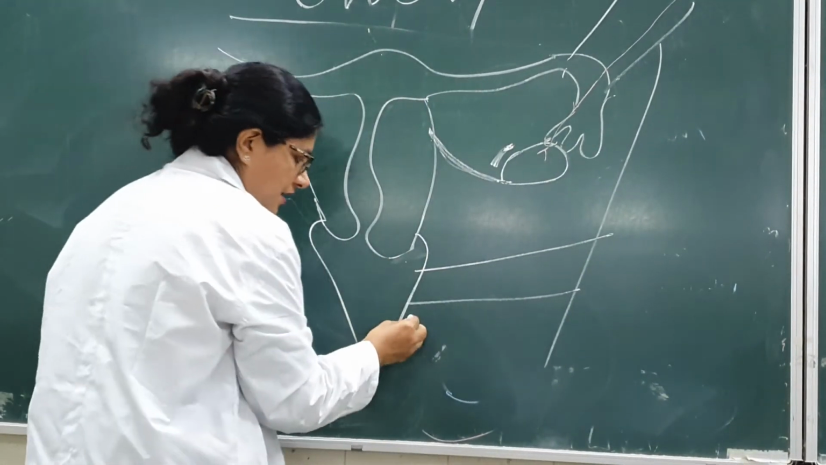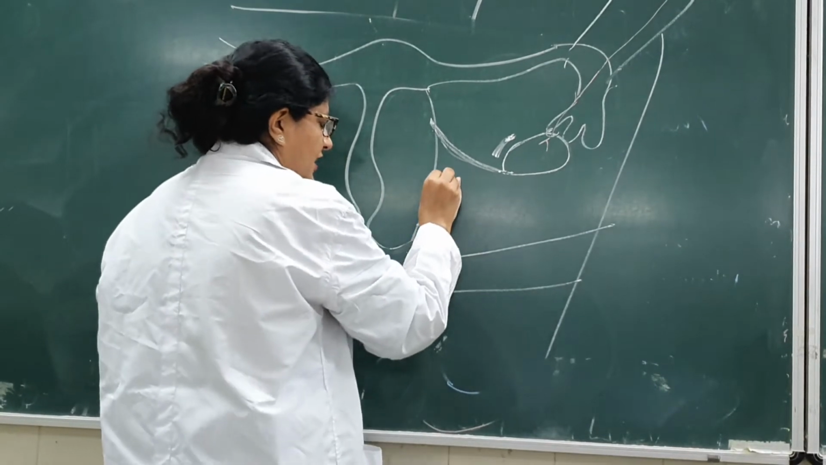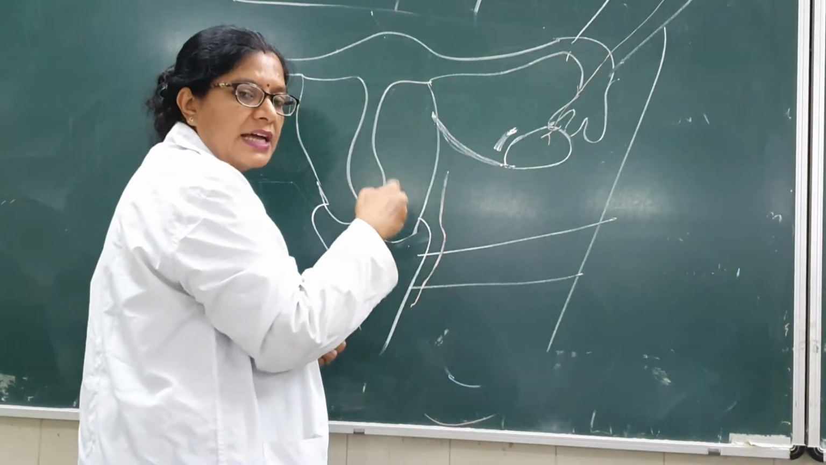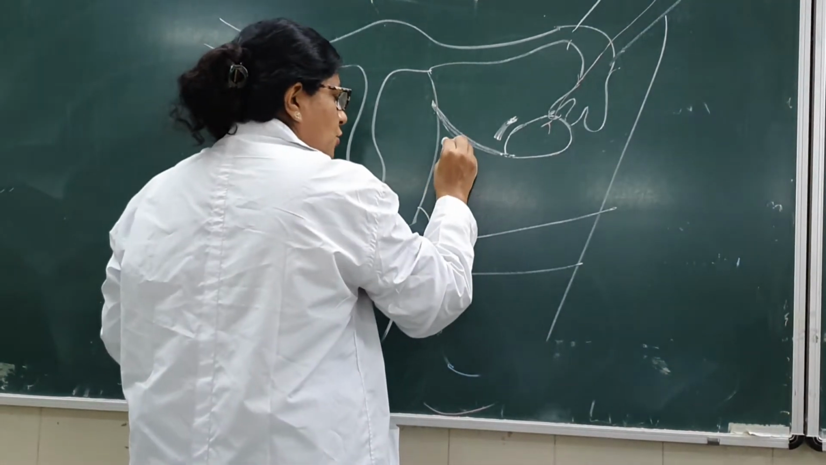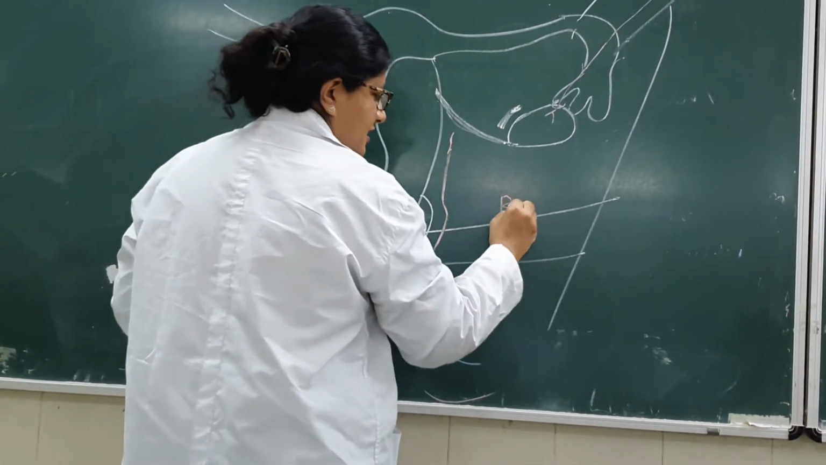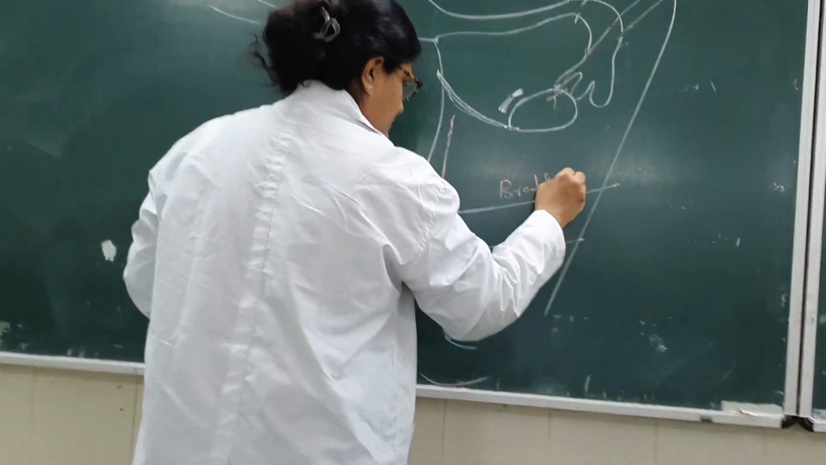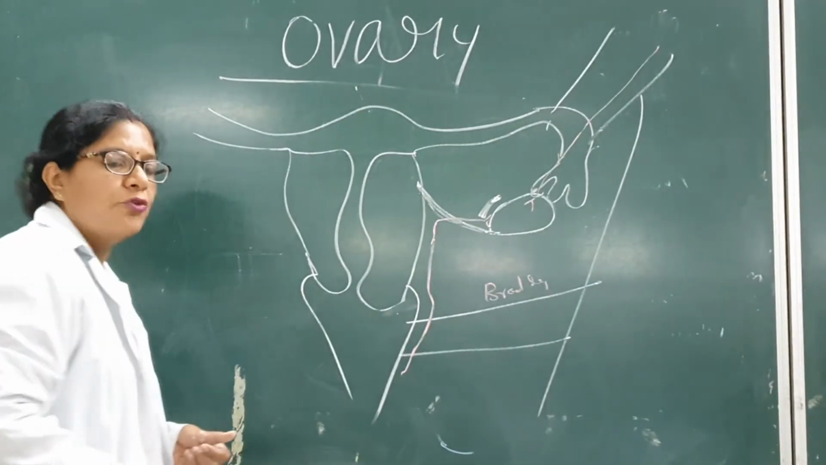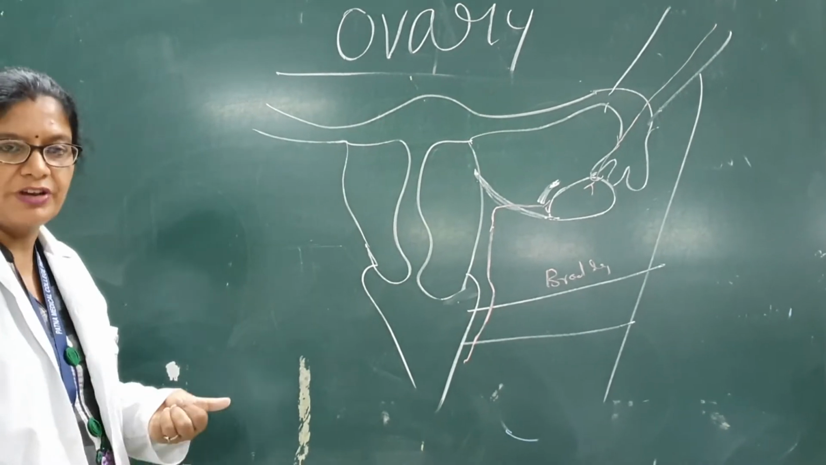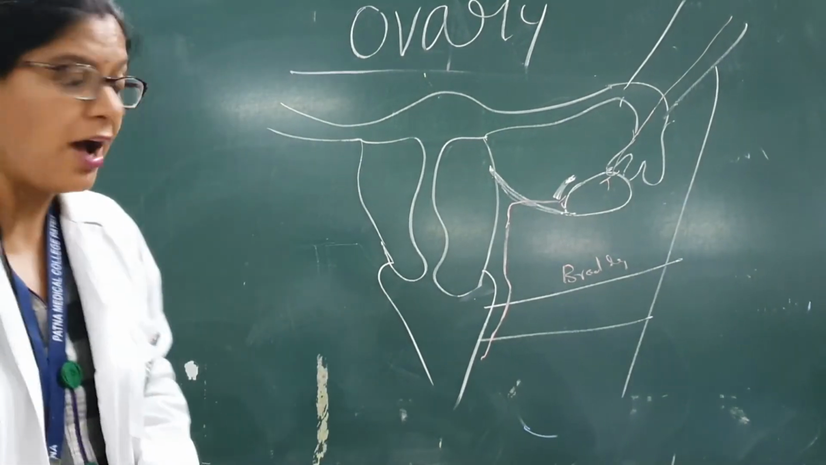Now from here the uterine artery will come around the lateral aspect of the uterus. It will go in the broad ligament. This is the broad ligament. It will go there and it will anastomose with the ovarian artery to supply the ovary. Okay. So now this is the